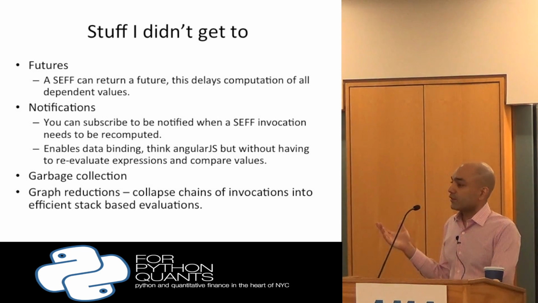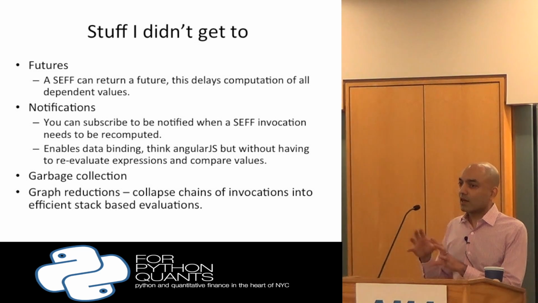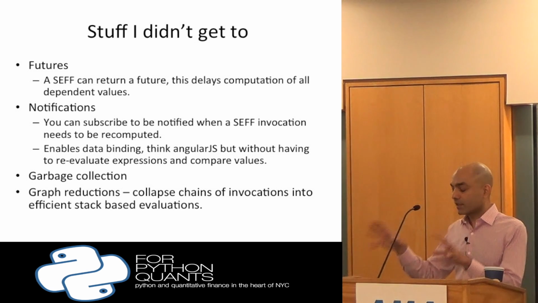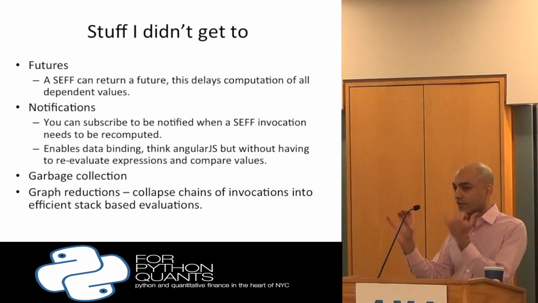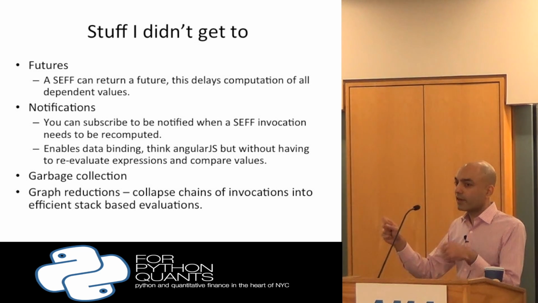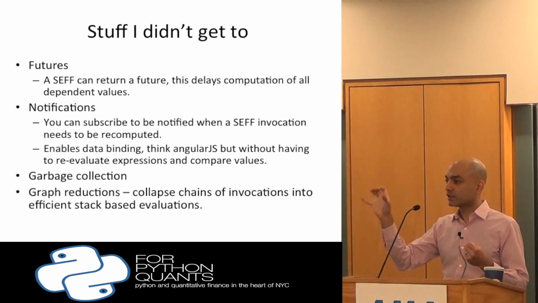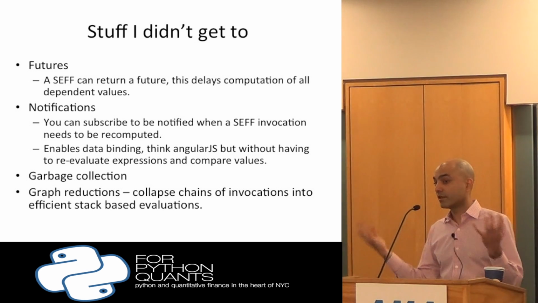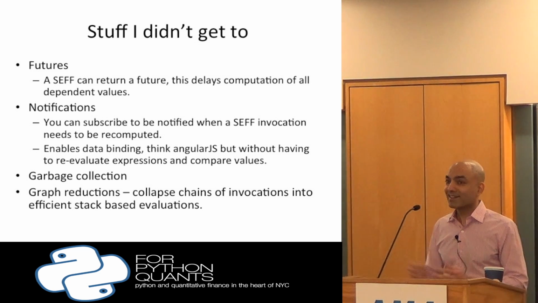The other thing that's kind of interesting to talk about is garbage collection. So if you think about how the underlying graph mechanism works, it caches a node based on the invocation of a function: object, method, and some arguments. So even if I drop all references to my object, this cache is still holding on to this tuple that's holding on to this object, so my object never goes away. So that's a little annoying.